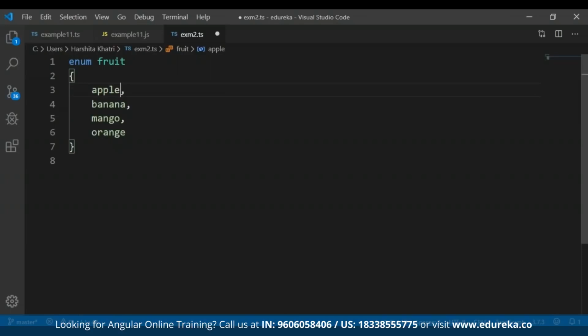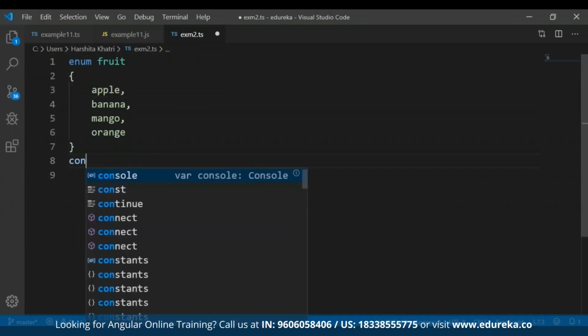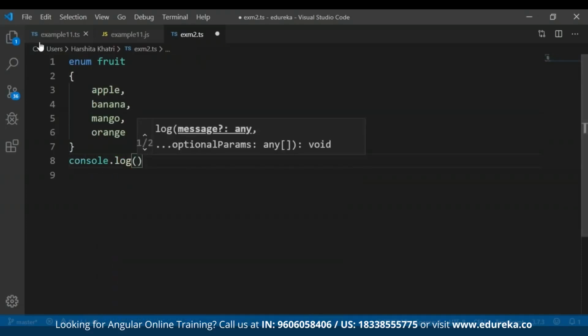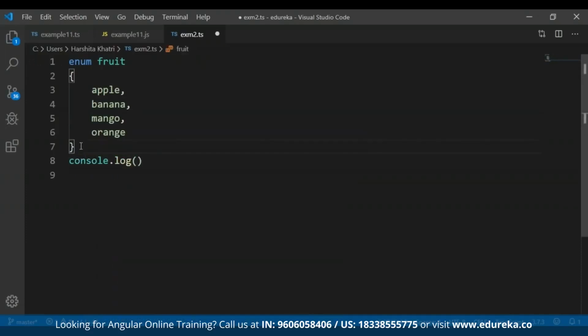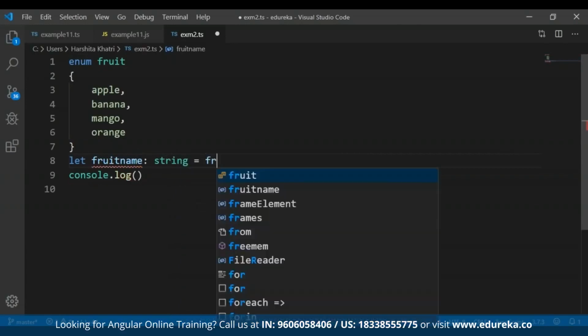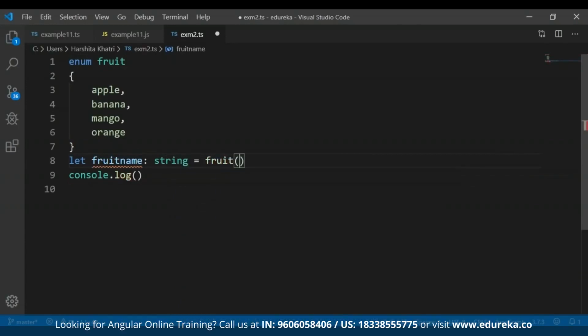In case I want to return the value of any of these, what I'm going to do is just type in console.log. And over here, okay, before this, I'll just take a new variable, or I'll just call it fruit name. This is going to be a string, and then I'll just call fruit of 2. And then I'll log the fruit name. Let me just